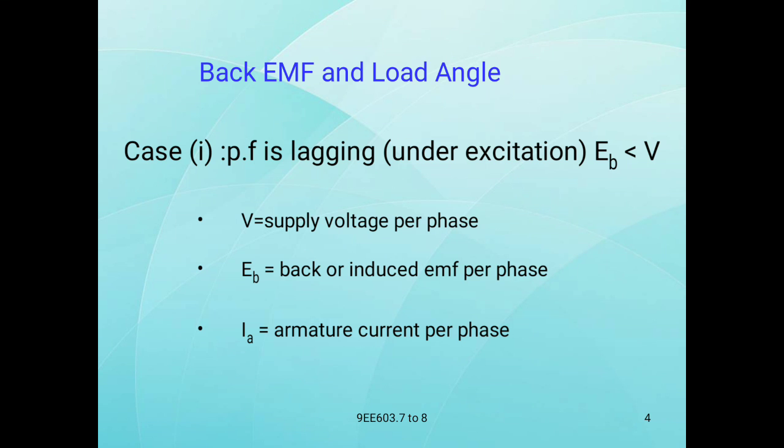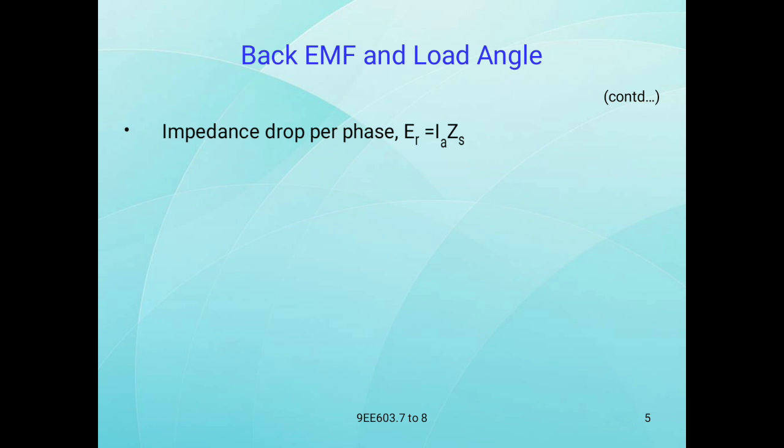IA is the armature current, per phase. Next is the impedance drop per phase, ER is equal to